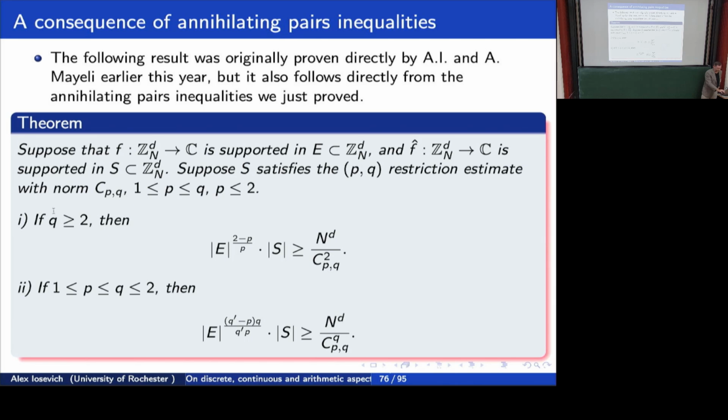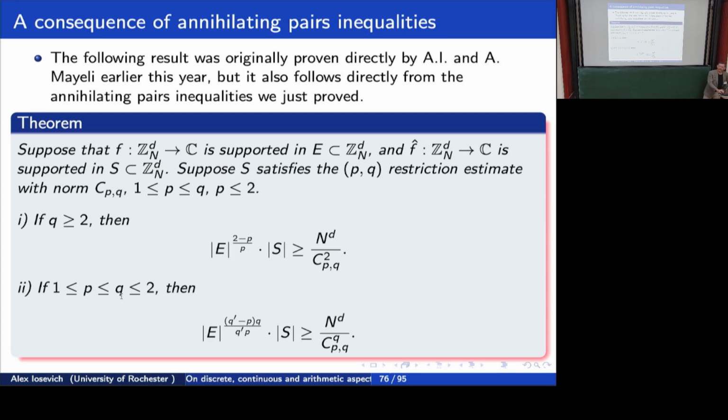In other words, assuming that the restriction holds and deducing this consequence gives you the same consequence as Bourgain's result. So based on this, you can in the same way show that if the restriction estimate holds, and if the Fourier transform is supported in S, then the function is supported in a positive proportion of the whole space. Okay? Because this is in essence just a dual form of Bourgain's lambda Q estimate.